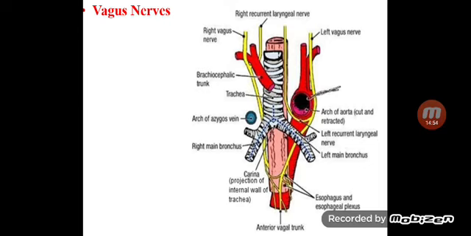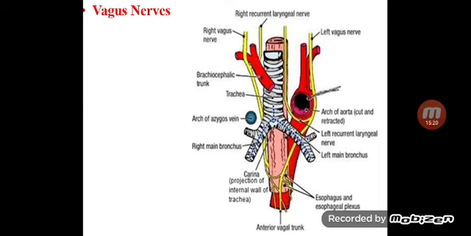In this region, not shown in the drawing, the left phrenic nerve descends in front of it, crossing the left vagus nerve, as the left vagus nerve crosses the left side of the aortic arch. Okay,